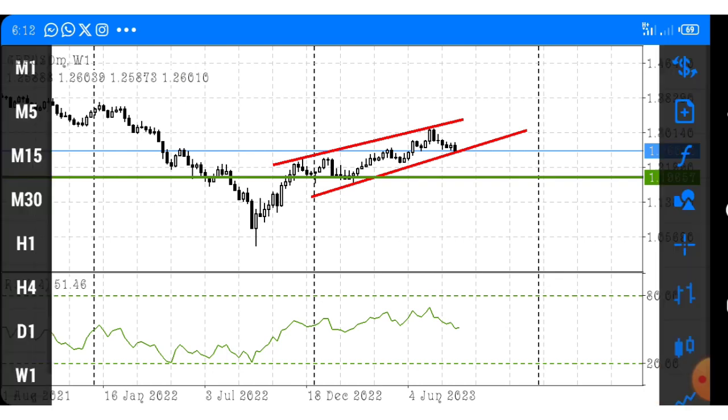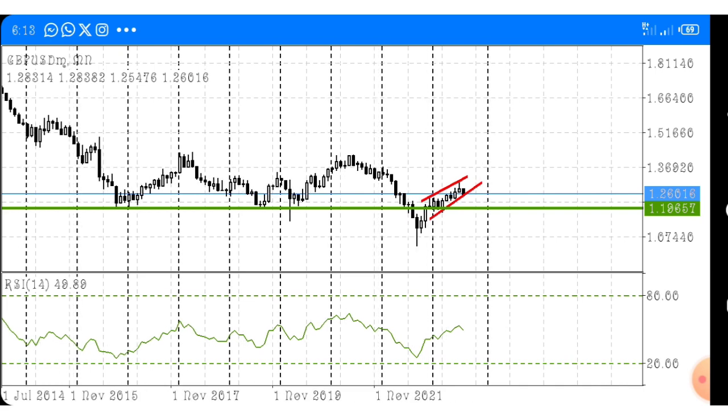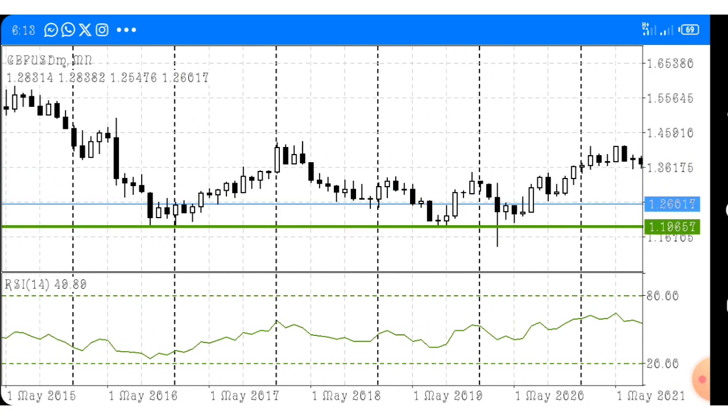monthly chart. The weekly chart. Let's start from the month rather. This is the monthly chart. As you can see, the market is also ranging, and it is ranging up here. There hasn't been a breakout here, but previously you would observe that there has been